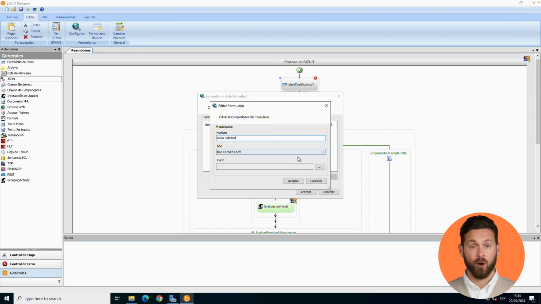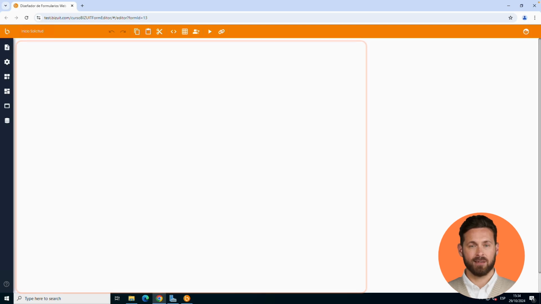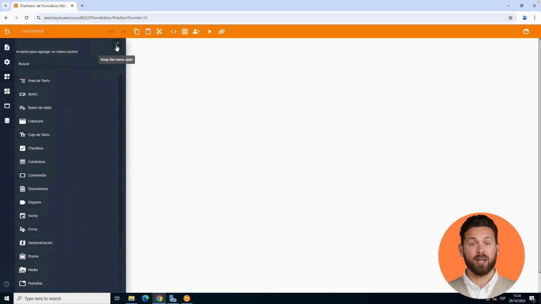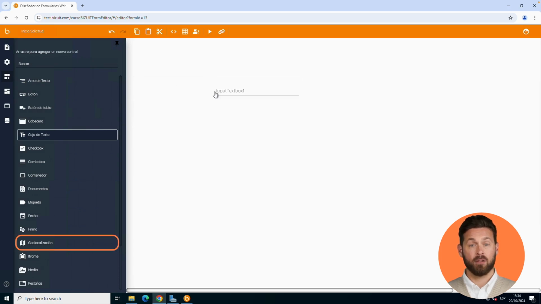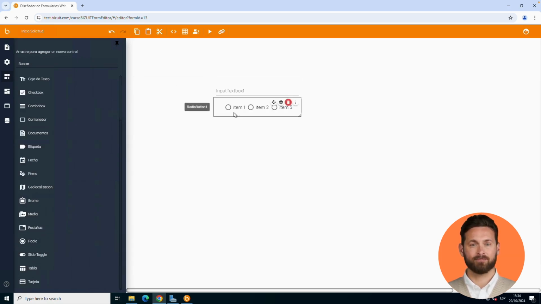The Forms Designer will open in a new browser tab, divided into two main areas, the workspace in the center and the controls panel on the left. In the Controls panel, we'll find elements we can drag into the workspace, such as text boxes for entering data, radio buttons for multiple choice selections, sliders and checkboxes,